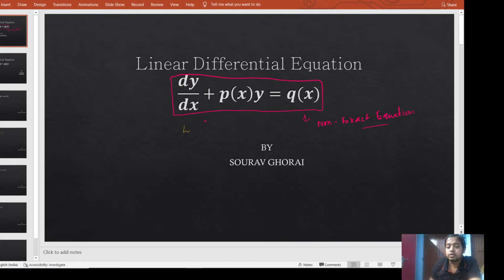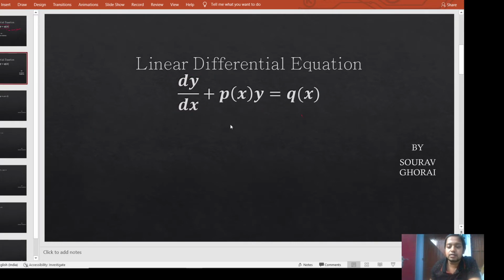To solve the linear differential equation, its order is 1 and its degree is also 1. Here we will discuss how to solve a non-exact differential equation whose order is 1 and degree is also 1. How can we solve it? This differential equation is of order 1 and degree 1, and